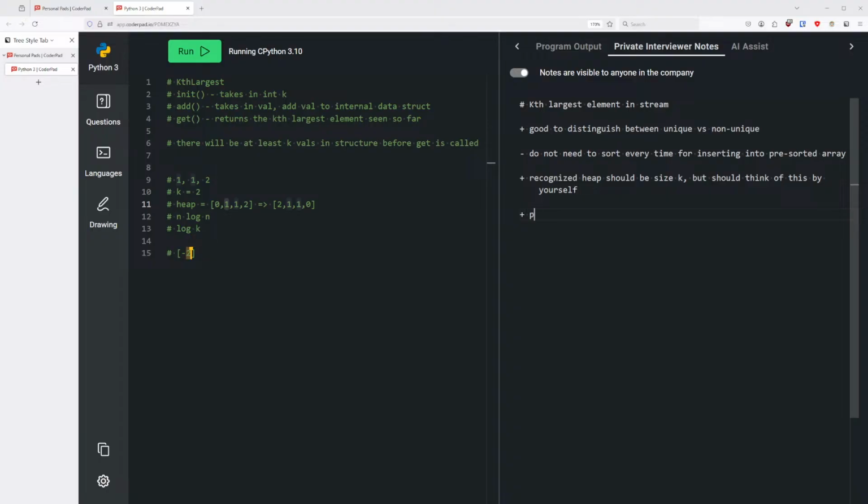And then, wait, let me think about this. Because we want the kth largest, so maybe it should be like,